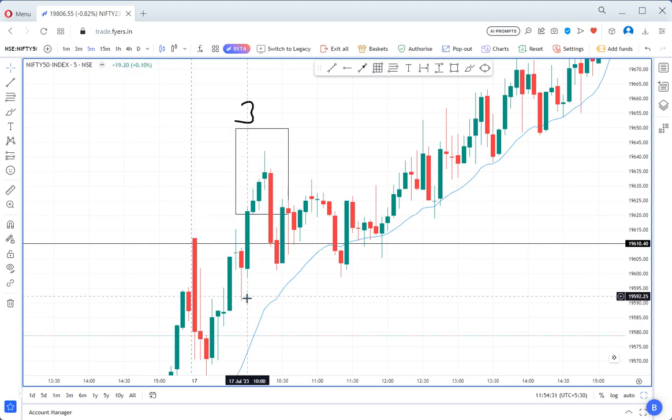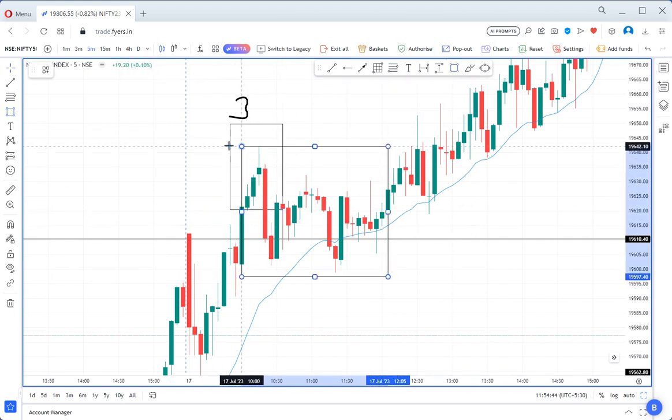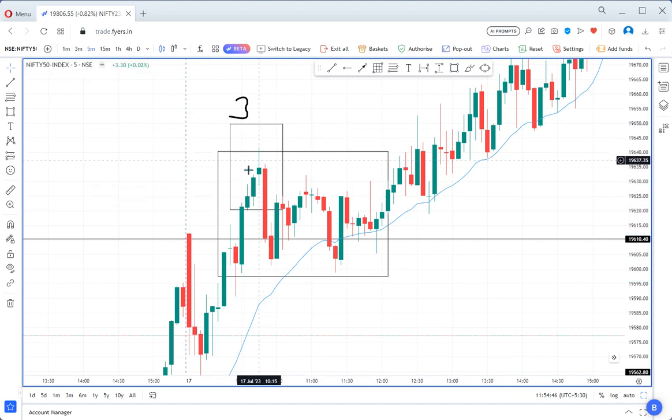He has to put a sell below here, or below this bar. One point to note is that after seeing this pattern, price goes in